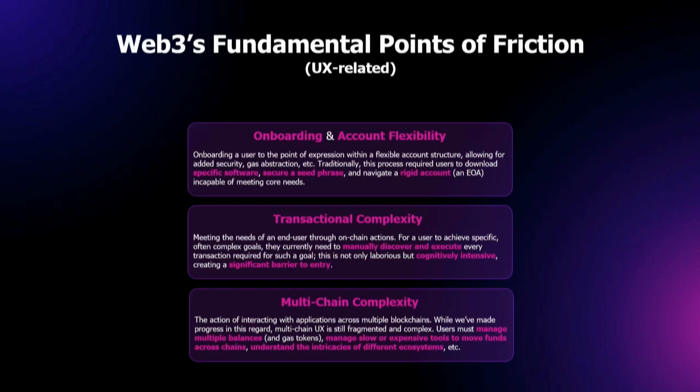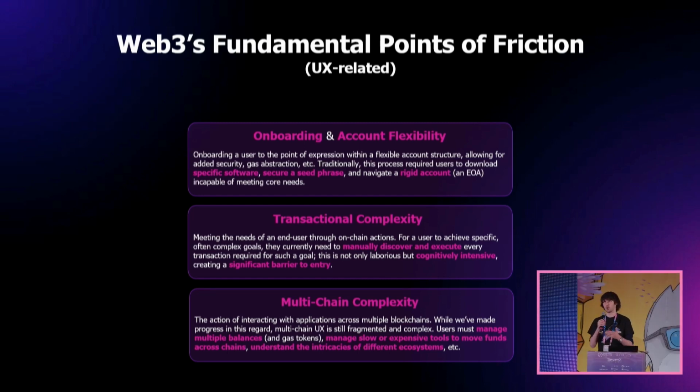So I want to shift gears just for a moment here to contextualize some of the information I'm going to go through over the next 14 minutes or so. First of all, I want to go through the 3 pillars of friction that exist within Web3 today. So why don't we have a billion users within the ecosystem? Why isn't Web3 as mainstream as it possibly could be? A large part of it, beyond just potential application limitations, is actual infrastructural limitations that can be put down to these 3 verticals. The first is onboarding and account flexibility.